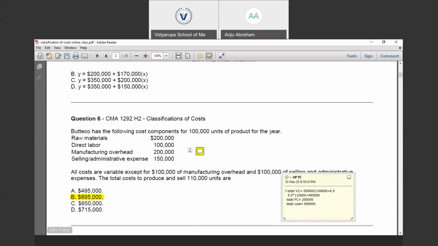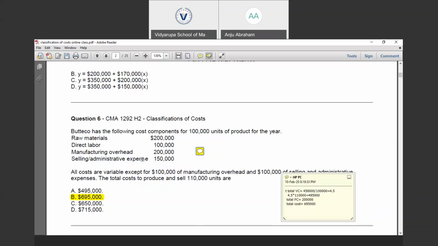We are given the variable cost for the 100,000 units. We know that unit variable cost will be constant. So let's take the total variable cost for these 100,000 units and divide it by the 100,000 units. We get the unit variable cost. So the total variable cost for 100,000 units equals raw materials 200,000, direct labor 100,000, and from the manufacturing overhead we are given that 100,000 is fixed, so the remaining 100,000 will be variable.